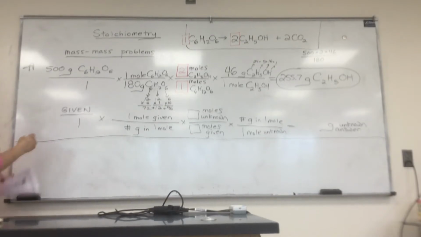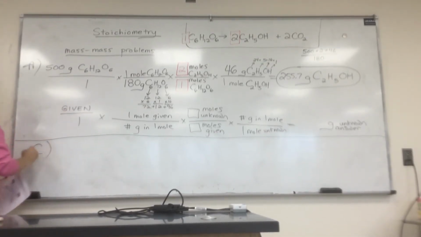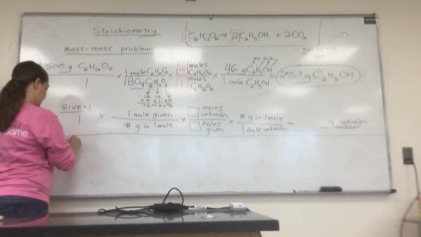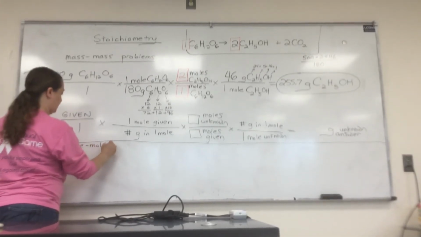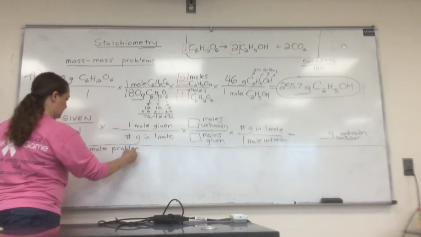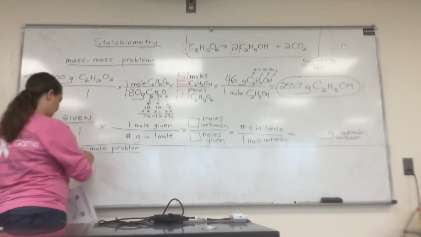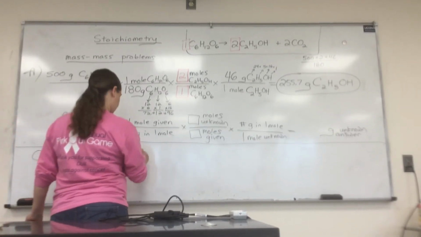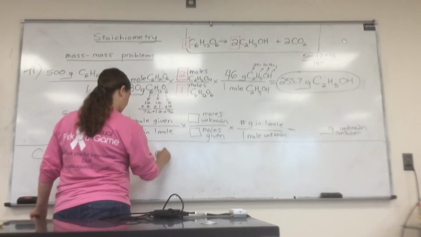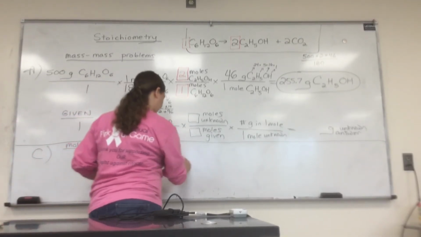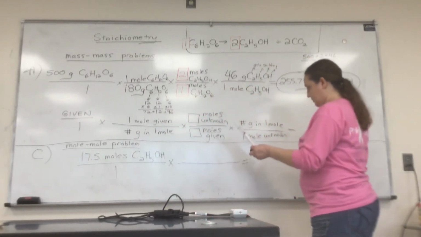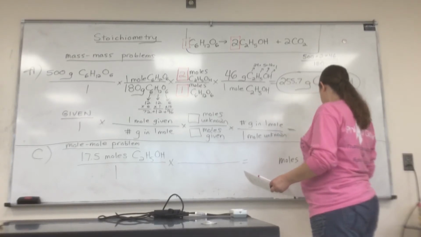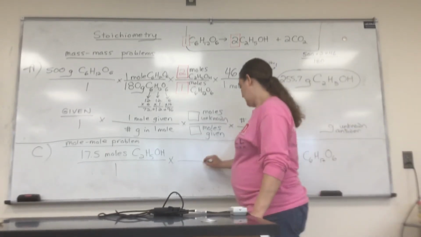And now we're going to do also a mole to mole problem, problem C. Okay, so it says if 17.5 moles of ethanol are produced, how many moles of glucose were there in the beginning? Okay, so